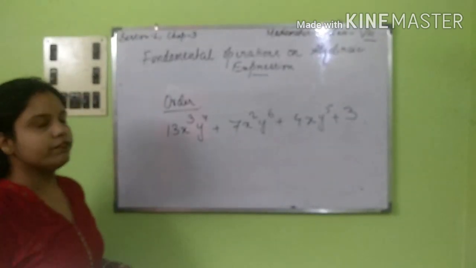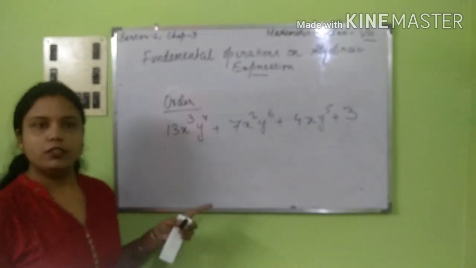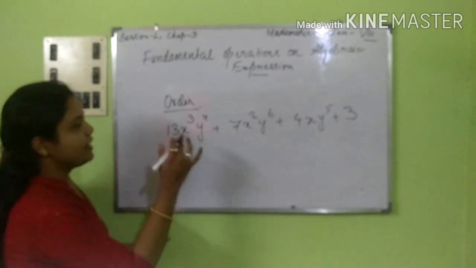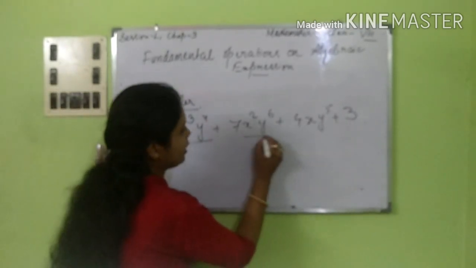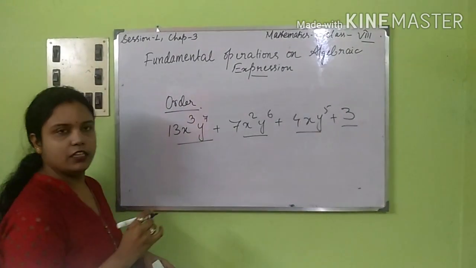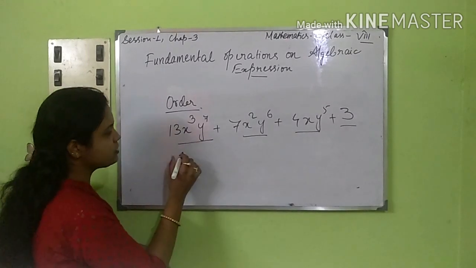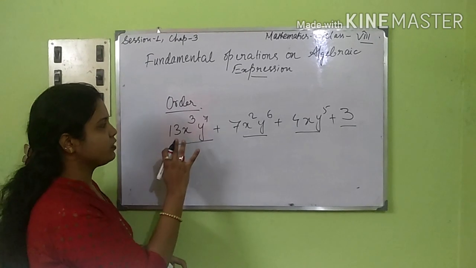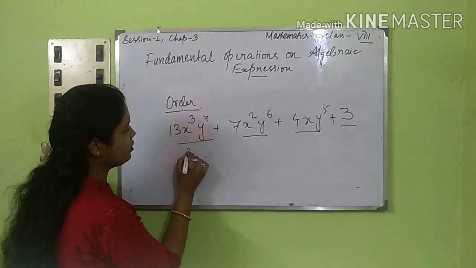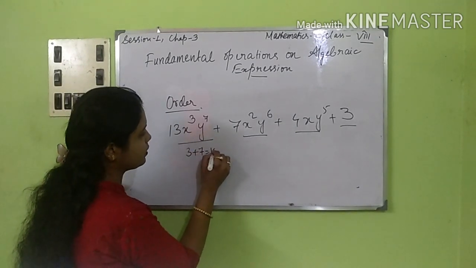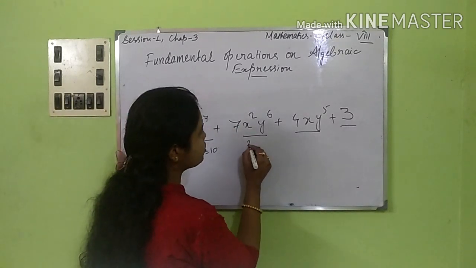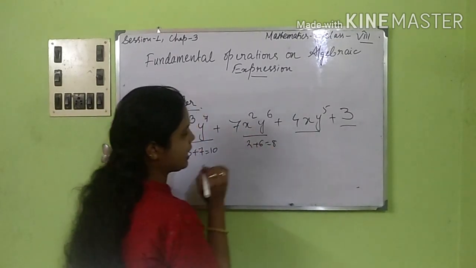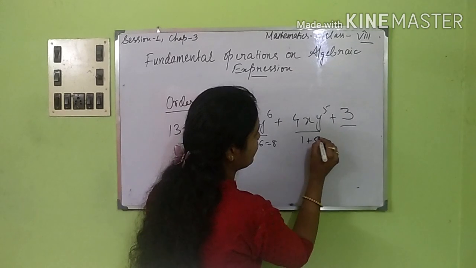So this is again a 4 termed polynomial. Okay, so let us find out the individual powers of these variables. So first for x, here as you can see these are also having 2 variables with it, x and y. So for x we are having 3 and for y it is having 7. So total is 10. Next power is 2 plus 6, it is 8. Next here it is 1 plus 5, that means 6.